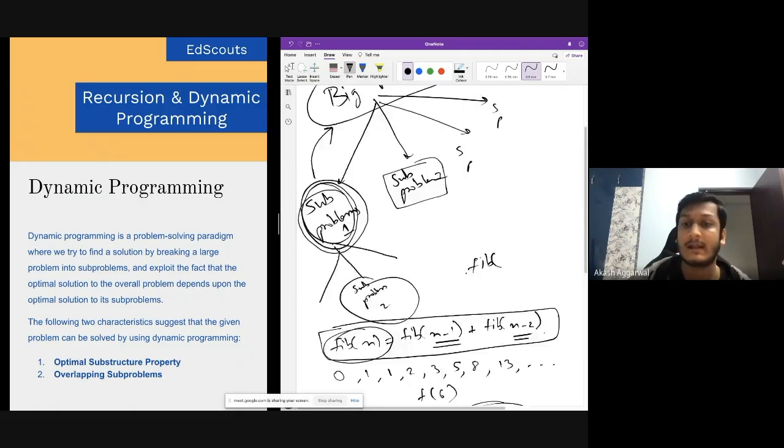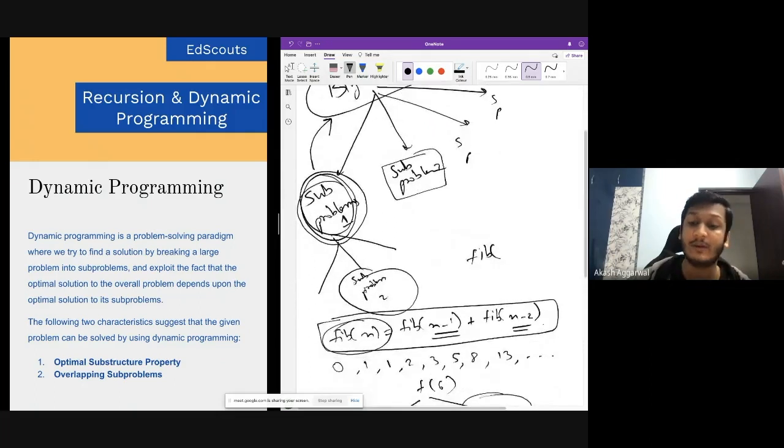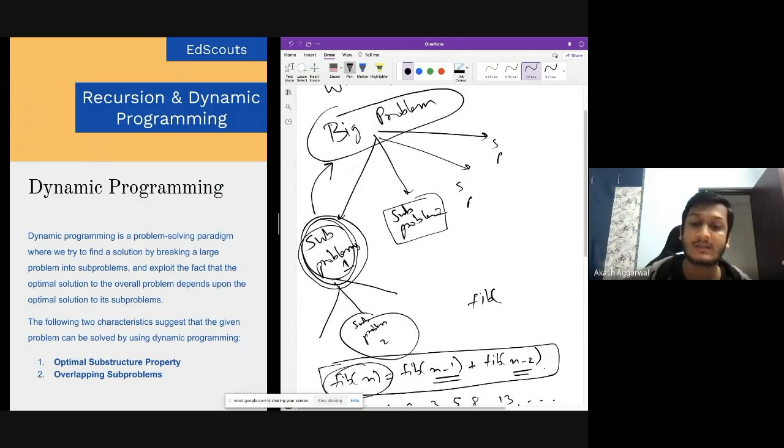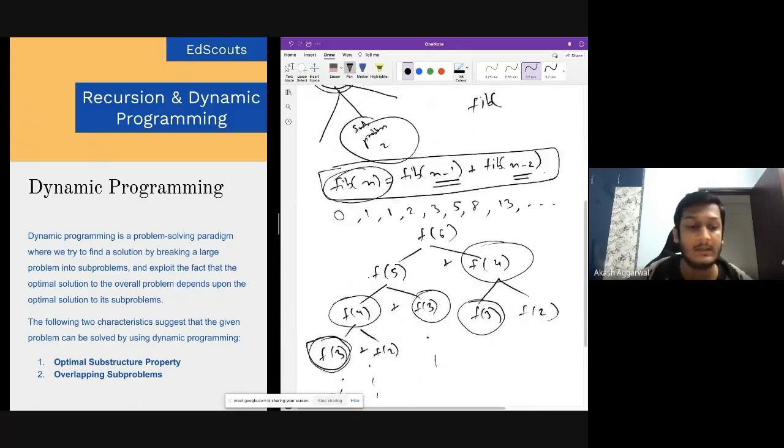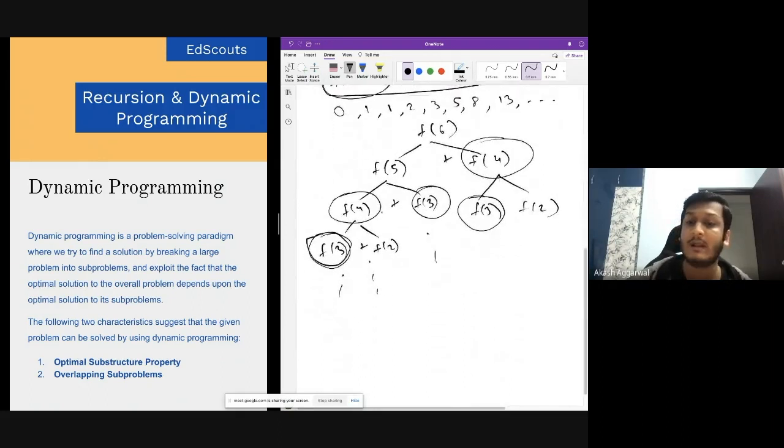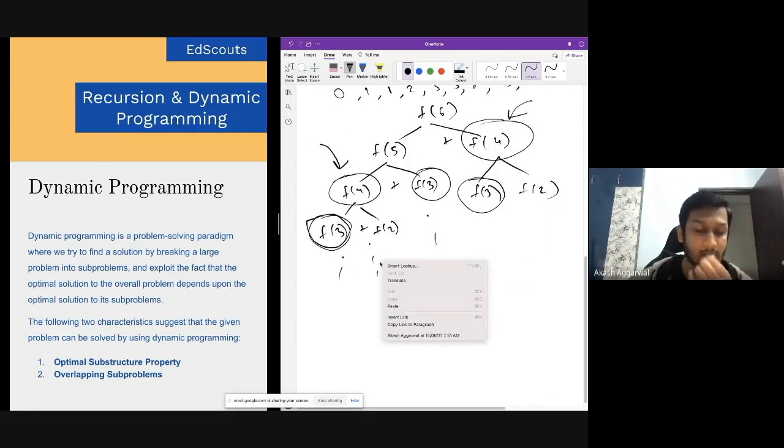Okay, so one was that there's a way to reduce a bigger problem to the subproblems. Also, the optimized solution of the subproblem is contributing to the optimized solution of the bigger problem. Then another thing, that we have some overlapping problems for which if we would have stored the previous computation, for example, for f of 4 somewhere, then when this computation was required again, we could have directly fetched the value from the stored space, right? So this is an overlapping subproblem.